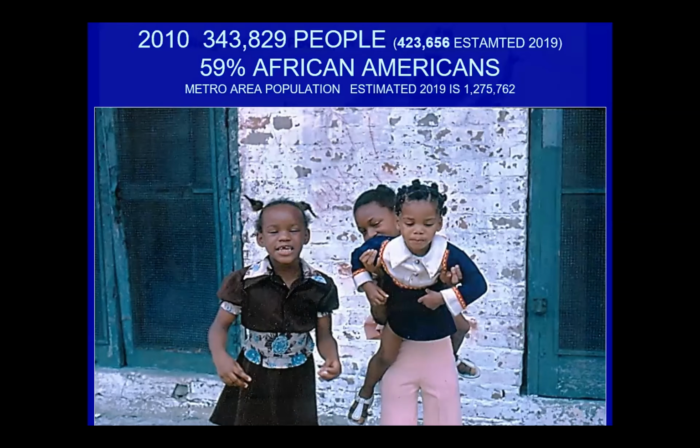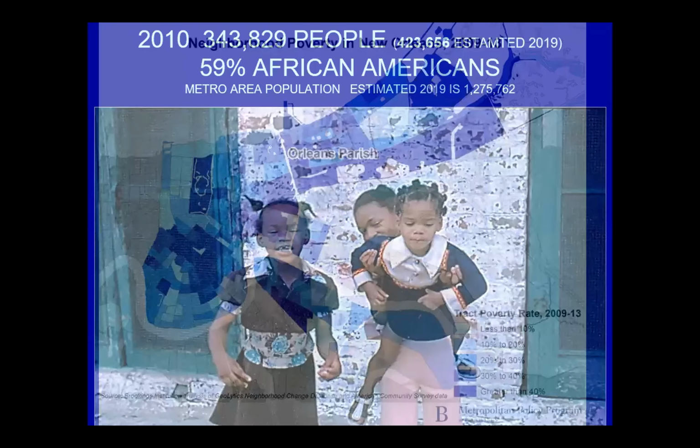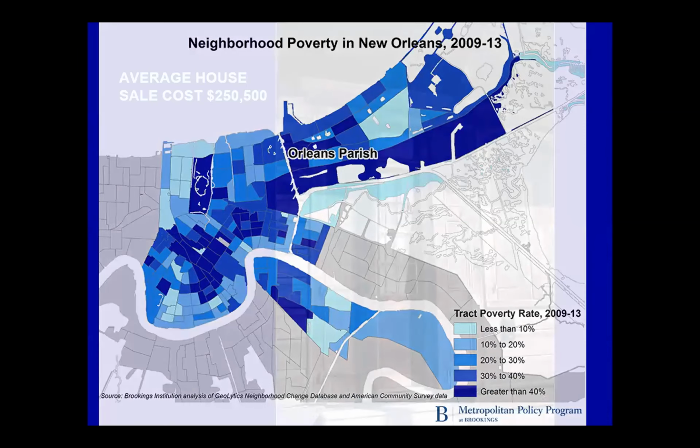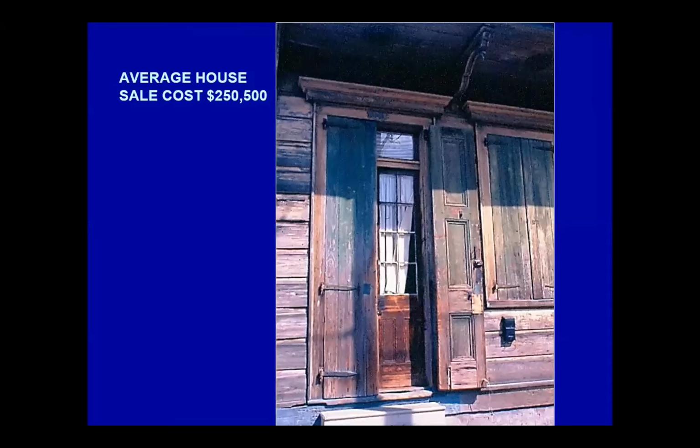Now, we're a very poor city. 23% of the local households live below the national poverty level, and 25% of the local residents over the age of 25 do not have a high school degree. The median household income is $37,000. The average sale price of a house in New Orleans for 2020 is